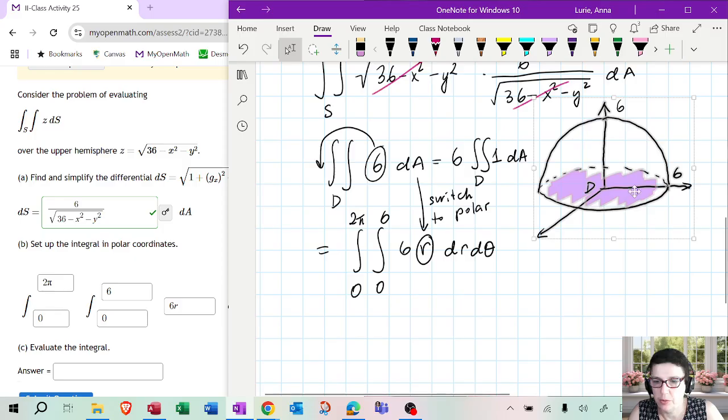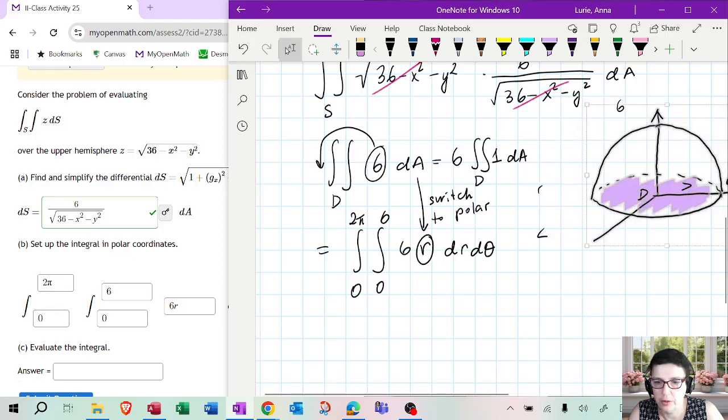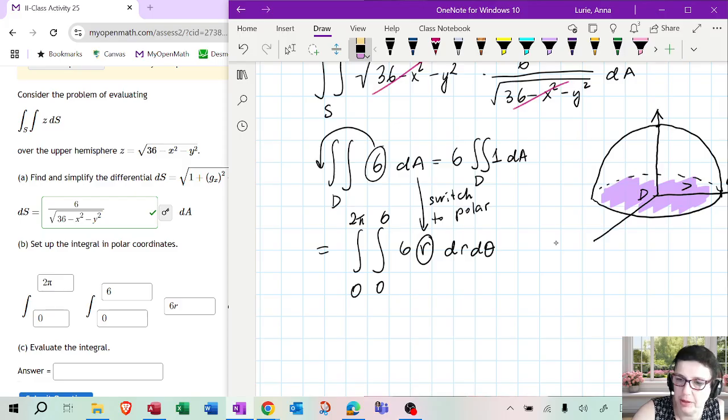So let's see if I can just move the picture a little bit further. Oh well, it didn't quite work out, but okay, hold on. Let me just erase this. Okay, so what I was going to say is this is just going to be the area of the circle, but the area of the circle is pi r squared. So that would be pi 6 squared. So it's going to be 6 cubed, so 216 pi.